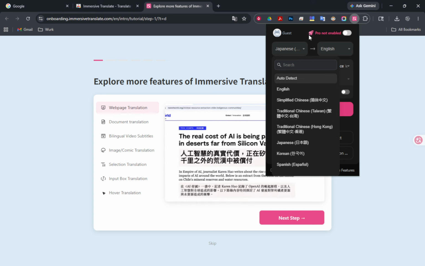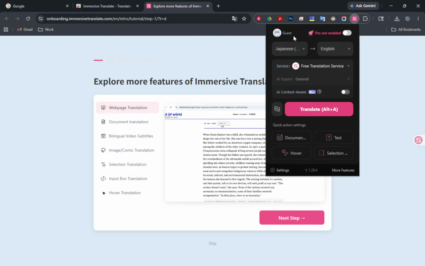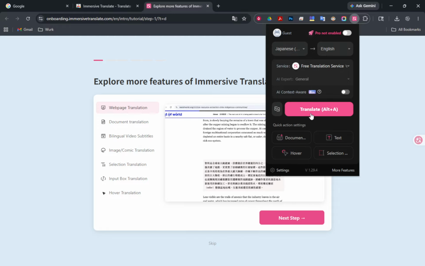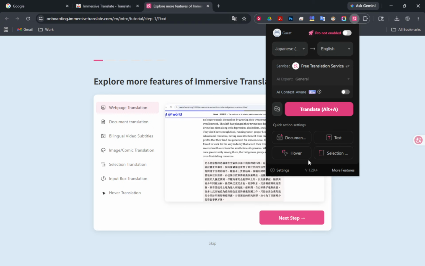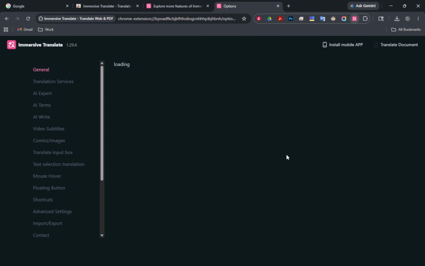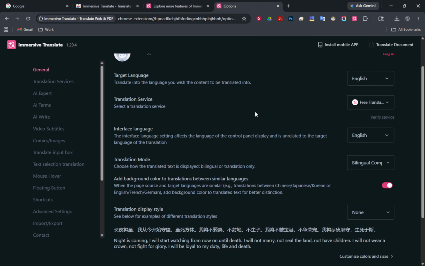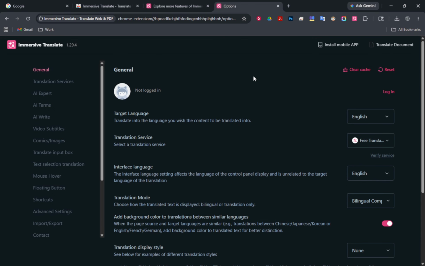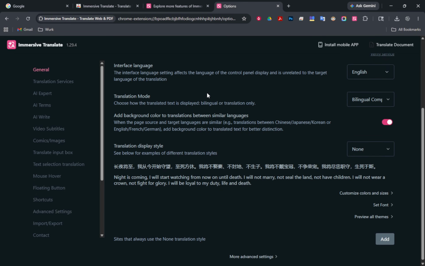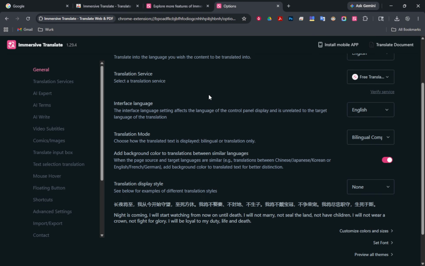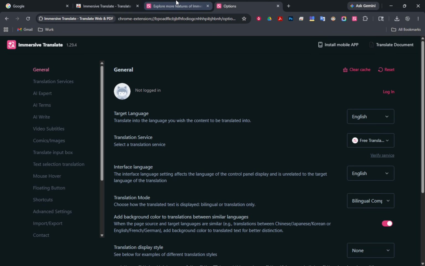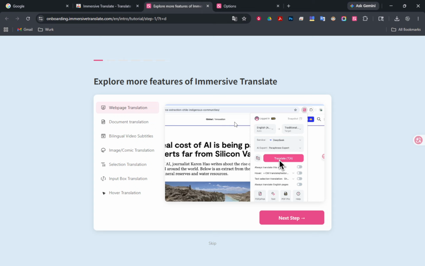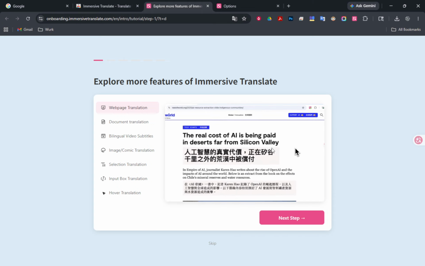If you prefer to learn or compare, Bilingual Mode shows the original text alongside the translation, which can be really helpful for understanding context. With these options enabled, Immersive Translate can automatically help you on most websites. It also works with PDFs and videos, applying translation where supported so you can follow along without copying text into another tool. If a page loads in a different language, the extension can step in and translate based on the preferences you just set.